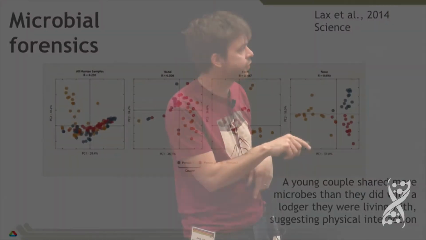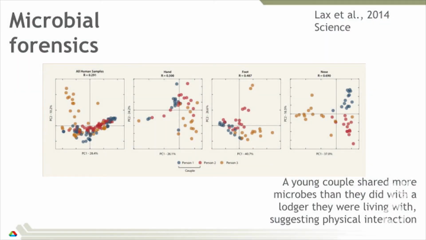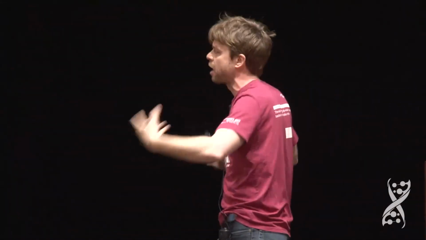That's very important. We can also forensically identify relationships in that space. So when two people are physically interacting, such as this young couple in blue and red, we can tell that they have a higher microbiological similarity, a higher level of sharing. But just by being in the same space, so this lodger doesn't physically interact with that young couple, we hope. Or maybe here it did. Maybe something weird went on. But it doesn't physically interact necessarily, but it's in the same space, it's sharing the same air, touching the same surfaces, microbiologically becomes more similar. And we can map the microbiological movement of that system.